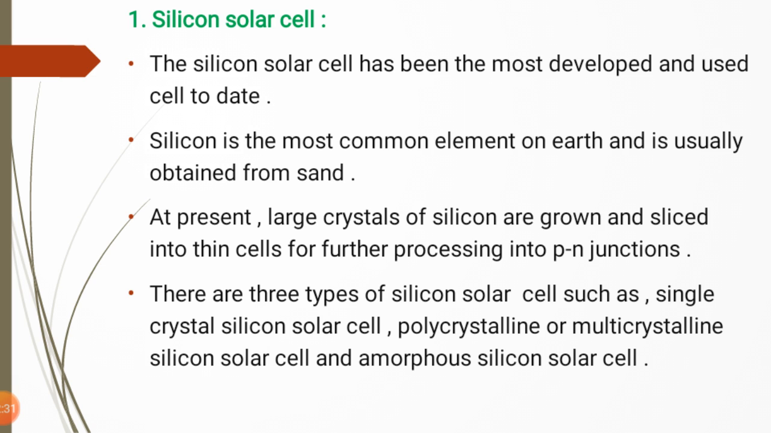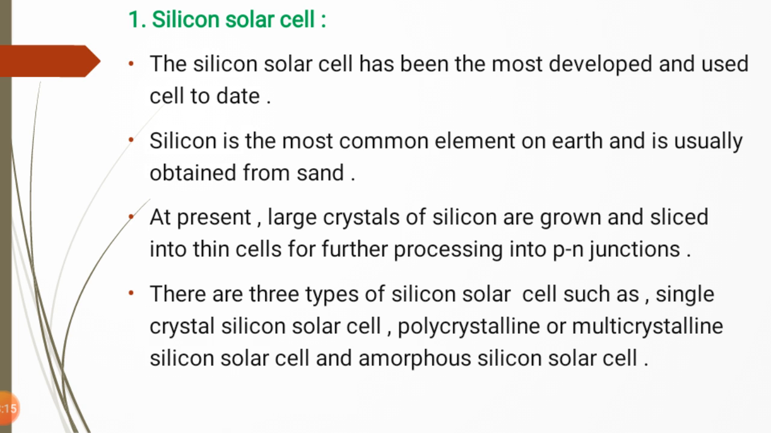The silicon solar cell has been the most developed and used cell to date. That means the silicon solar cell is a well developed solar cell nowadays, and as we have seen in our previous videos, the silicon solar cell has good efficiency. Silicon is the most common element on earth and is usually obtained from sand. We know that silicon is obtained from sand, which is commonly found on the earth, so it is easily available and we can use it